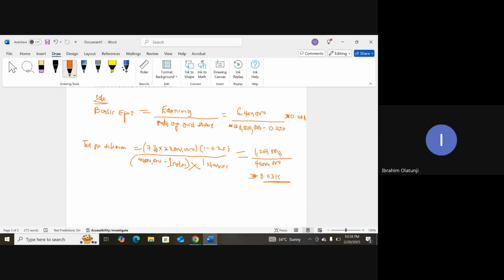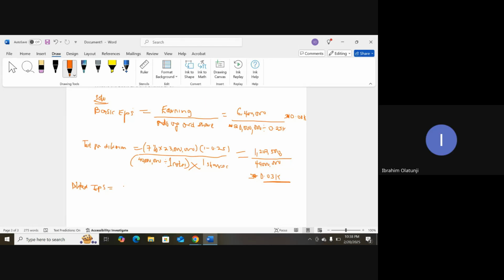If basic is higher than diluted, what is the implication? We are going to do diluted EPS, right? Yes. Then diluted EPS will be equal to